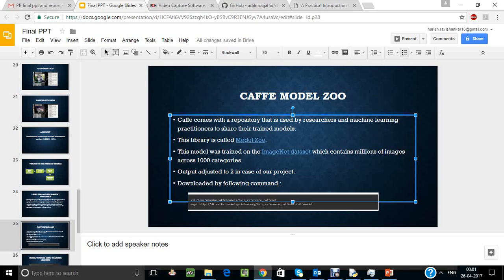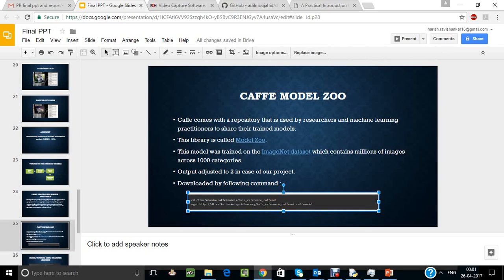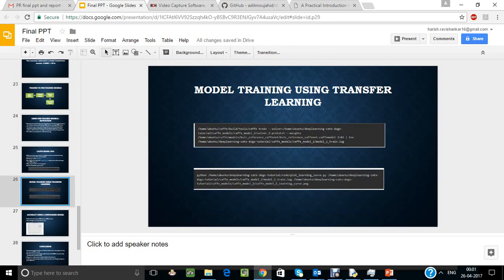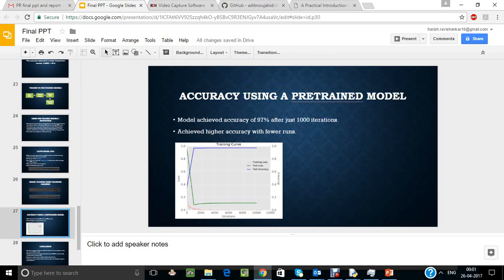In our project, we have used the Caffe Model Zoo, which is a repository used by researchers and machine learning practitioners, where their trained models are shared with one another. As stated earlier, this was created by the Berkeley Vision and Learning Center. This library is called the Model Zoo, and it was trained on the ImageNet dataset, which contains millions of images of various kinds of animals across thousands of categories, and it could involve non-animal images as well, but in our case we have adjusted the output to 2 given the requirements of our project. It was downloaded to our machine by wget from dl.caffe Berkeley Vision, and we downloaded the model,